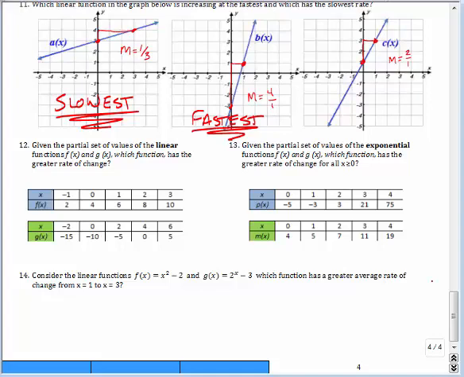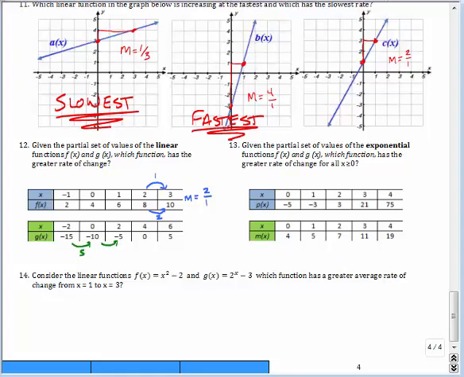It says, given the partial set of values of a linear function f of x and g of x, which function has the greater rate of change? So really we're just looking at how the x's and the y's change. As x goes up by 1 on this first one, y goes up by 2. And so the rate of change on this first graph is m equals 2 over 1, because it's the change in y over the change in x. And all these are consistent. It's 2 over 1. Now if you look at the bottom one, it is going up by 5